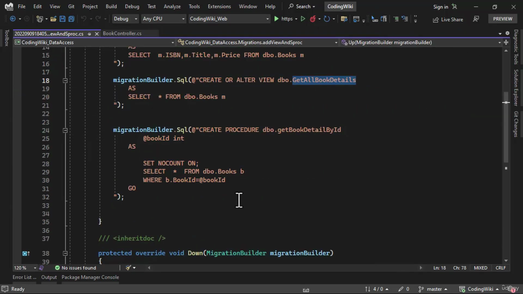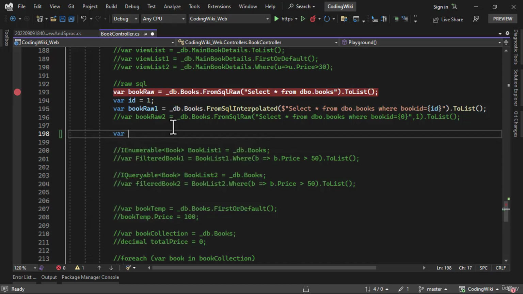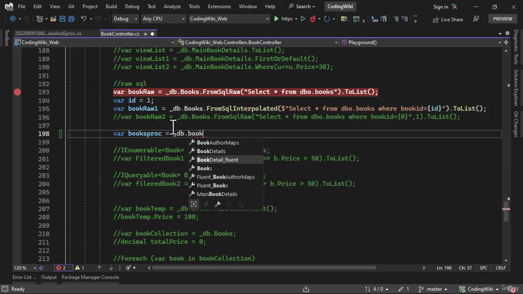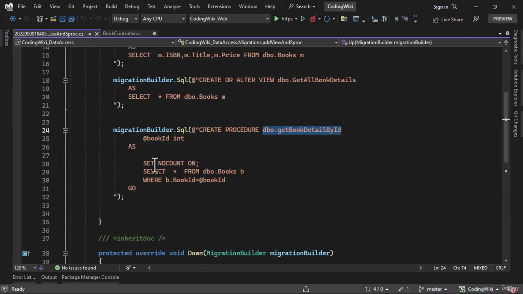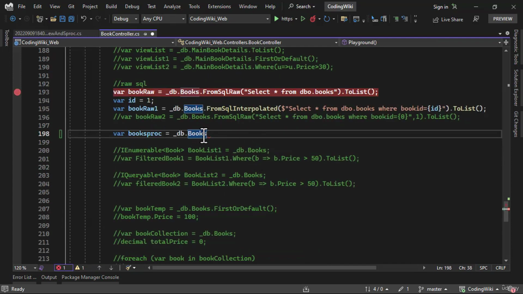We want to call our stored proc, and let me copy its name here. The parameter is book ID. To call that, we will say variable bookAsProc is equal to _db.Books. If you notice, we go back here, we are doing select star from book, and that is needed because our